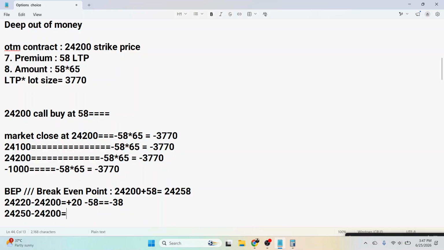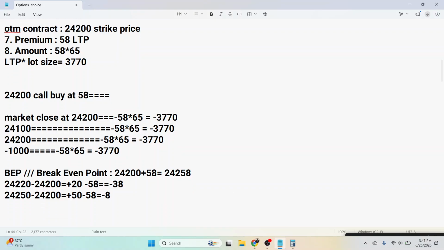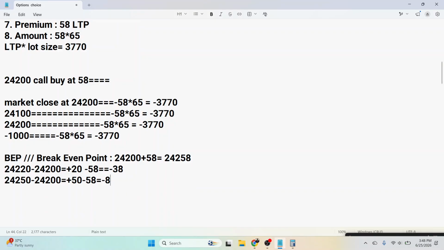58 रुपीज़ का हमने प्रीमियम पे करा, तो हमें 50 रुपये का तो प्रॉफिट हो रहा है, लेकिन 58 रुपये हमने ऑलरेडी पे कर रखे हैं, तो एक्चुअल में हमें 8 रुपये का नुकसान है। ठीक है, अब मार्केट अगर फॉर एग्जांपल इससे ऊपर जाती है, इफ द मार्केट क्लोज अबाउट दिस ब्रेक इवन पॉइंट, ठीक है, तो 24,000 अगर 300 चली जाती है, 24,300, तो एक्चुअल में हमें कितने का प्रॉफिट हो रहा है, यहाँ पर 100 पॉइंट का,